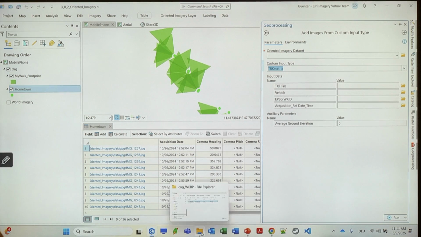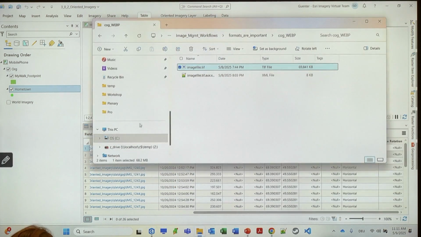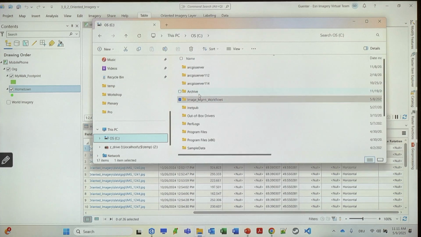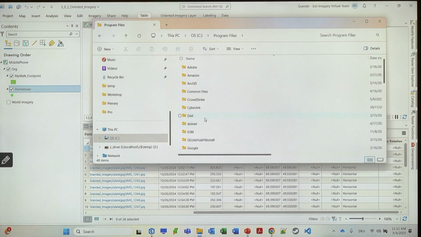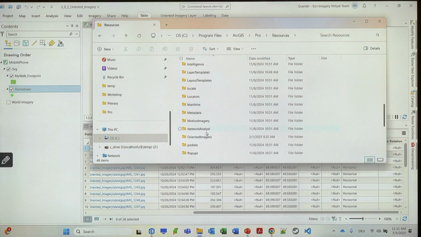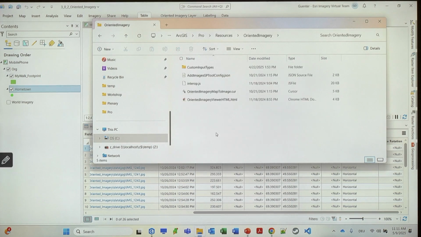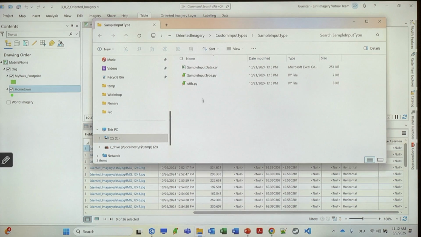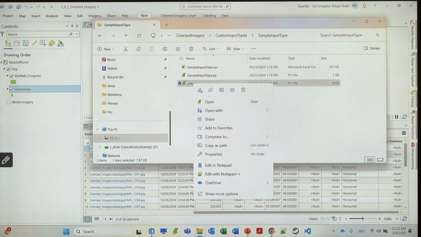And for those of you who are really into these topics of programming and customization, and I know at least one here in the room is, if you go here to resources, oriented imagery, there's something really interesting in here. In the custom input types, in the sample, there is a little thing called utility Python. And if you open that up,